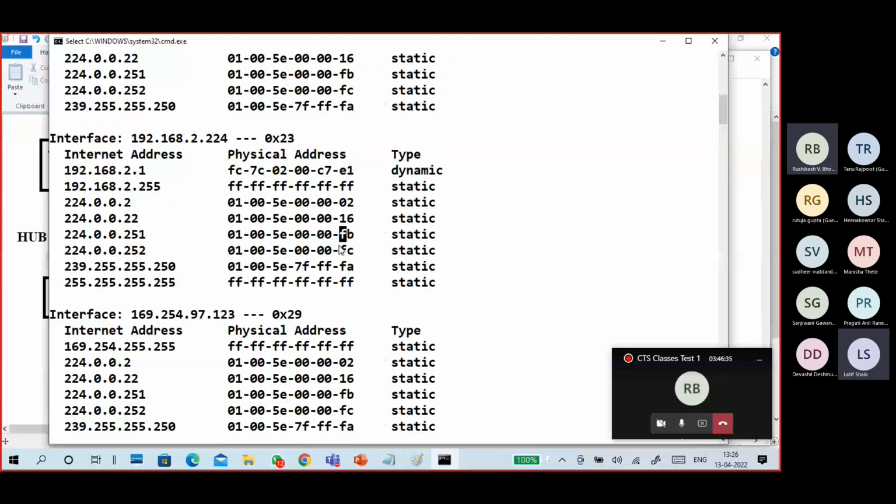But if you want to check it, I am going to my mobile phone, go to settings, network connections.